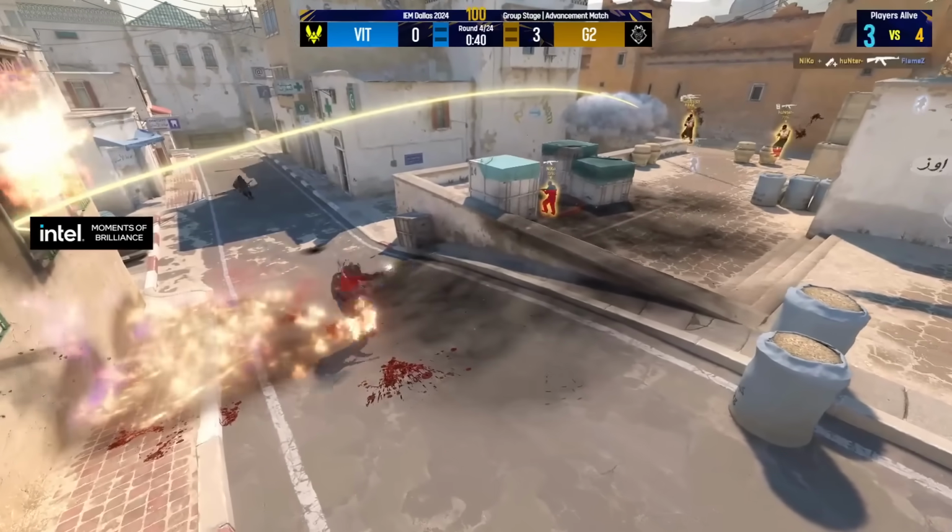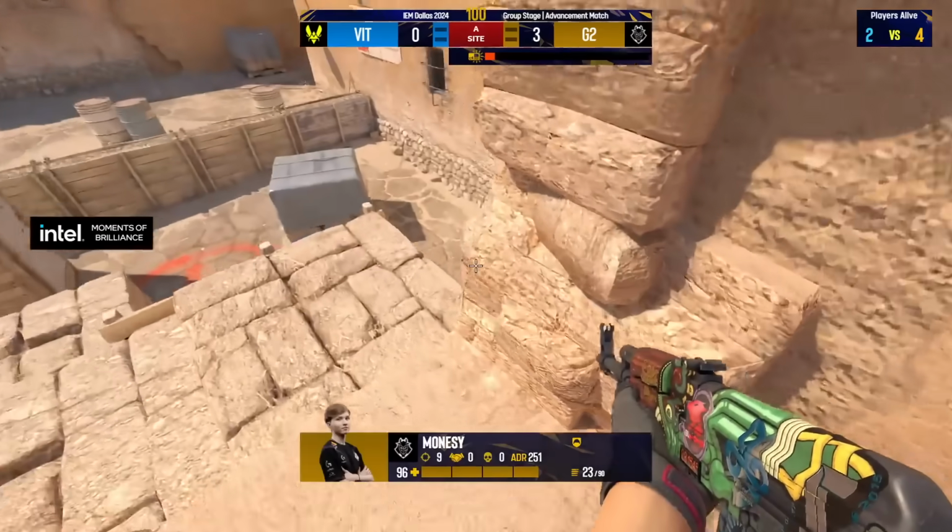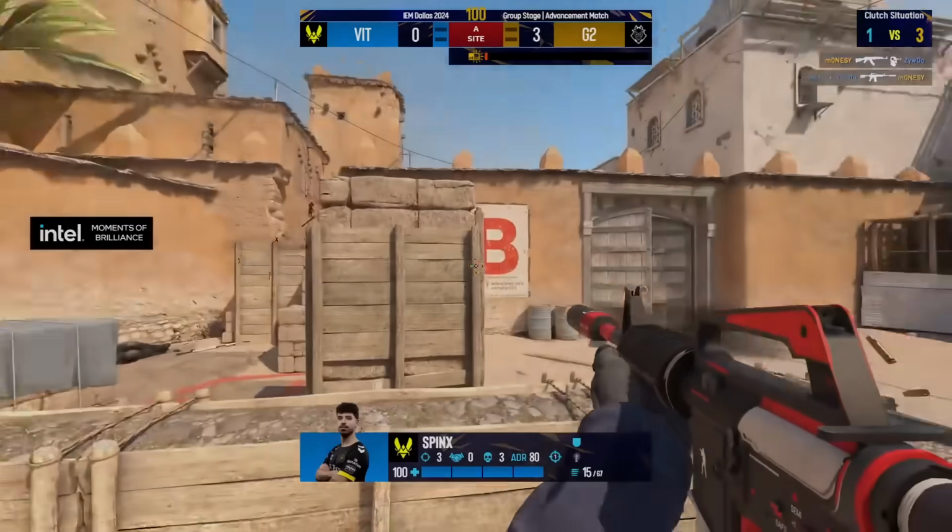You can't get mad about that. You saw the crisscross smokes, you didn't have an orb, you didn't have any aggressive stuff. I think on Dust 2, if you're not harassing tunnels,